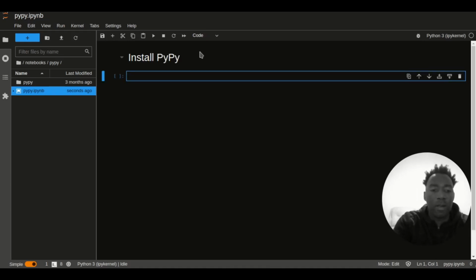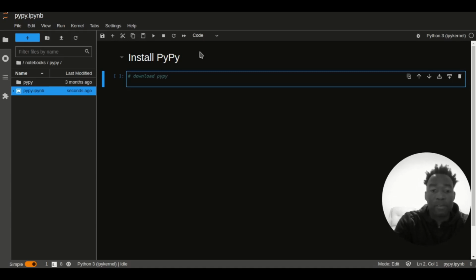All right, so what I want to first do is download PyPy, and I have the URL that I took from the website. So I'll take that and put that here, and I'm going to do curl. Some people call it curl, some people call it curl. I like to call it curl. So I'm going to do curl, and I'm going to use the URL from the website for the PyPy tar file. There it is. And then I want to save this as the name, so call this output